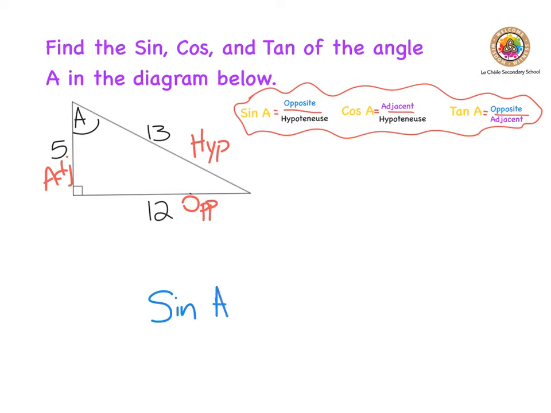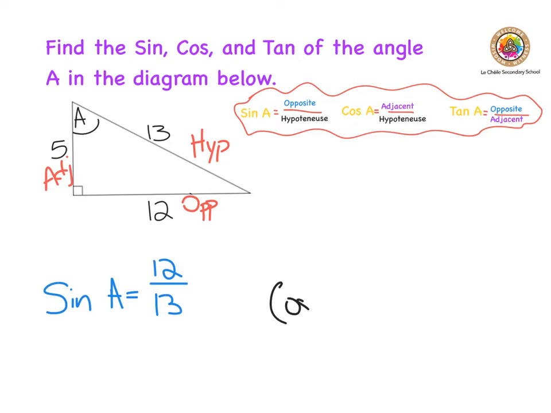So sine of A is equal to 12 over the hypotenuse, 13. Then the next one I could have is the cosine. So the cosine of A, or the cos of A, is equal to the adjacent. The adjacent to the angle A is the side that has a measurement of 5, and again the hypotenuse, always opposite the right angle,